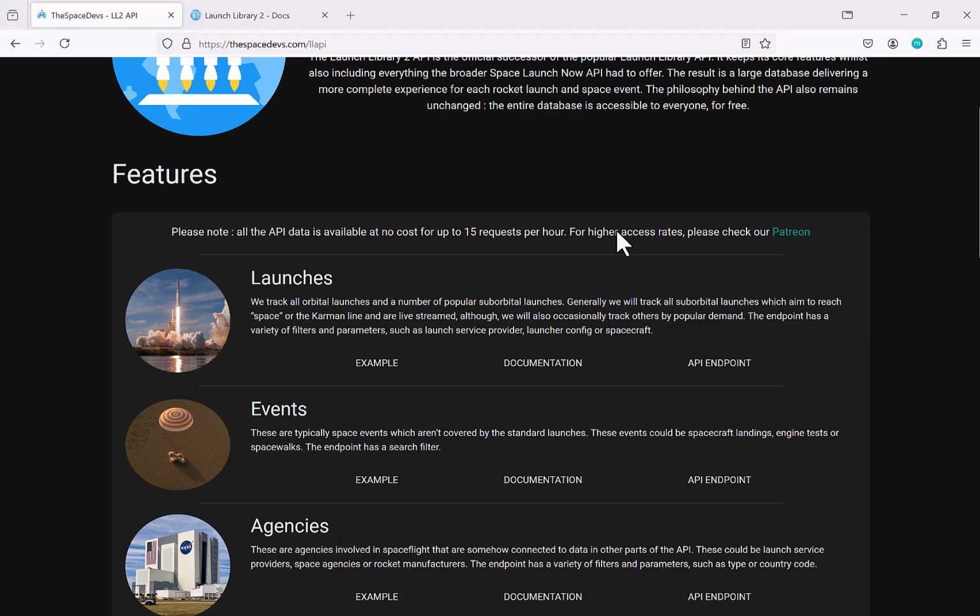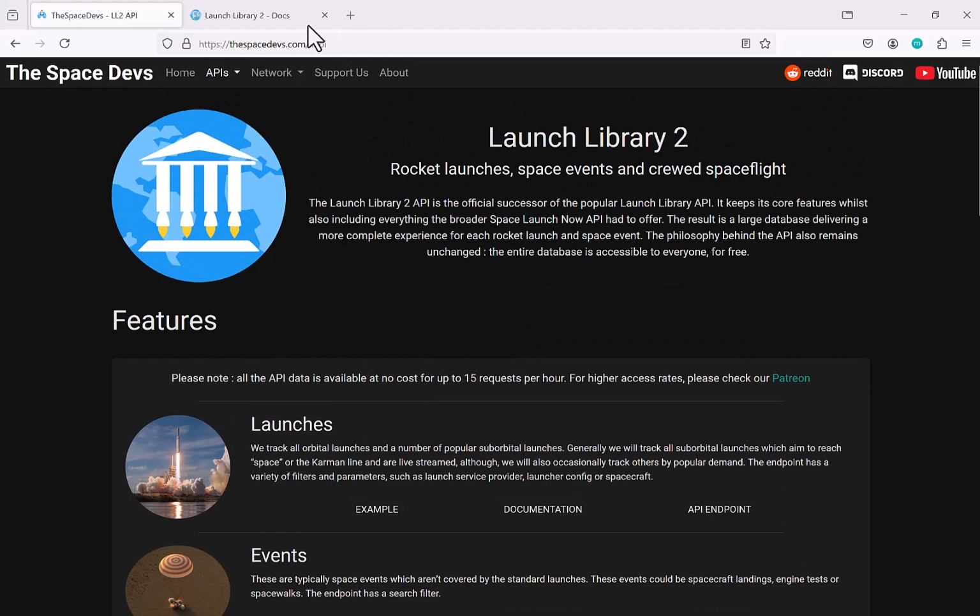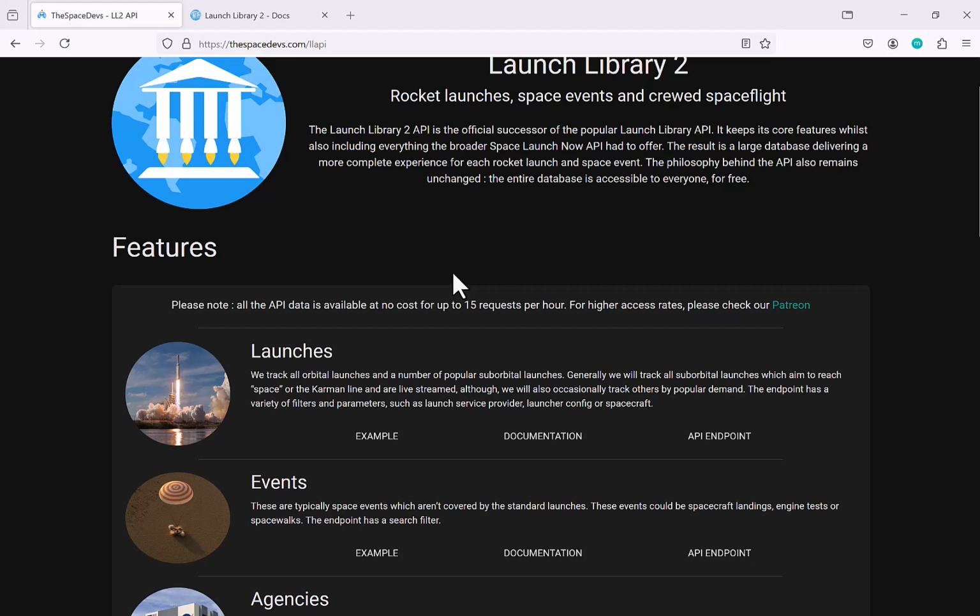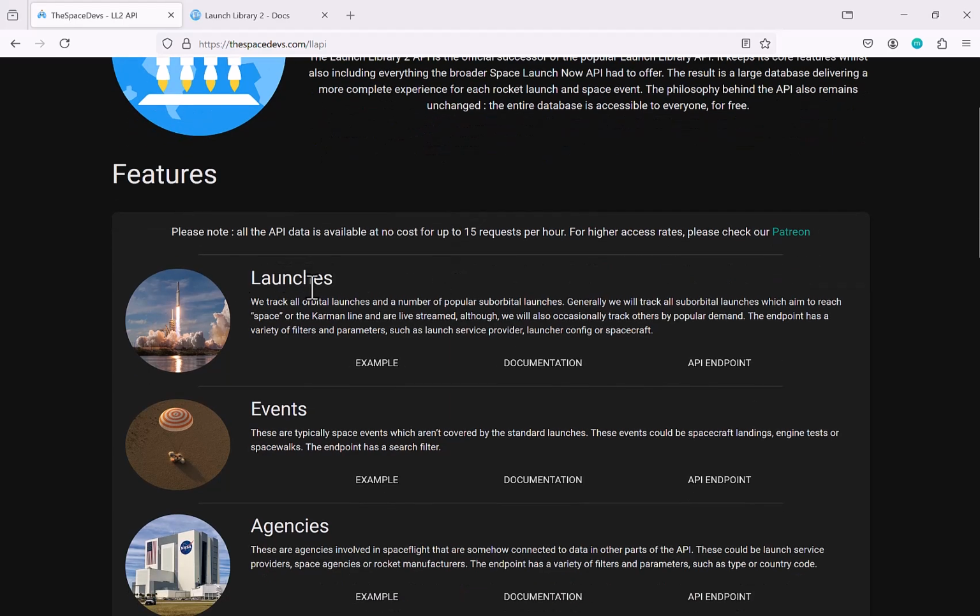All right, so let me give you a little overview of how this API works. We are on spacedevs.com, and I went to the APIs, which seems like an appropriate place to go. Then I went to launches, and I am going to documentation because these are the APIs I want us to use. So I'm going to click on documentation and kind of hem and haw while I'm on a slow